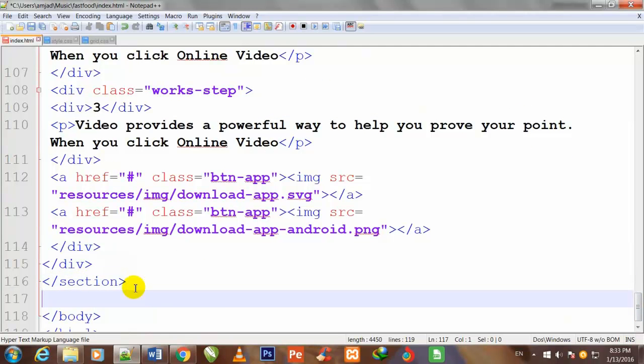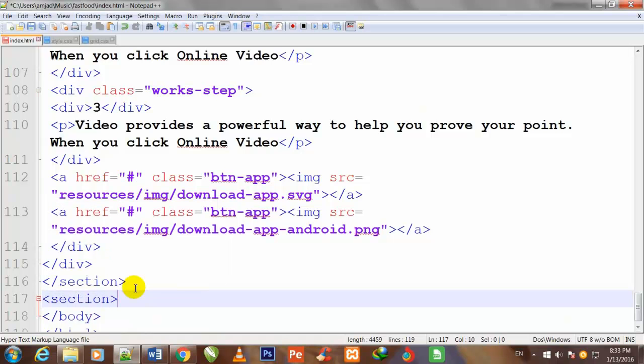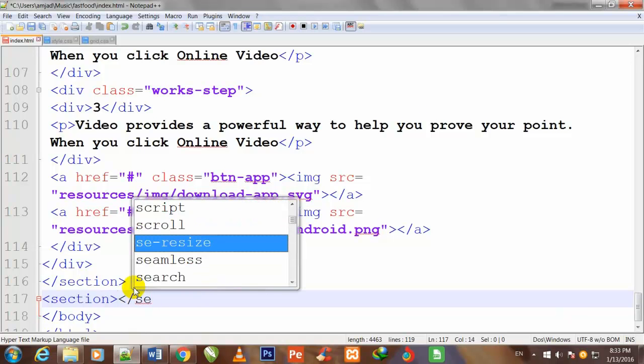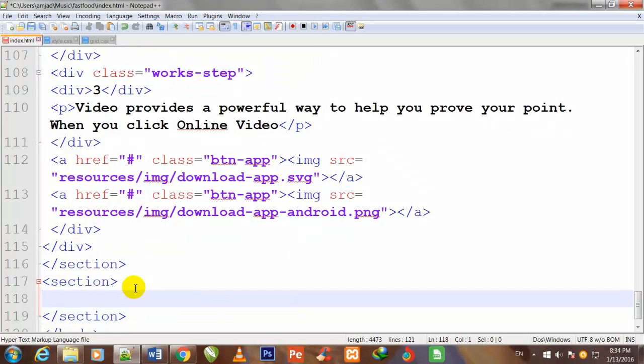So under this section I will make one more section. Section start and section close. And press enter,